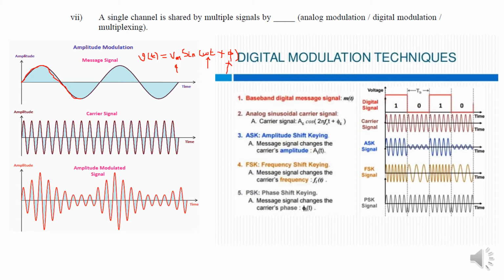Now in case of frequency shift keying, we see that when 1, this signal becomes a very high frequency signal, because the cycles are very close together, so that means the frequency is high. Here frequencies are low, again high frequency, low frequency. So high frequency means 1, low frequency means 0. This is frequency shift keying.